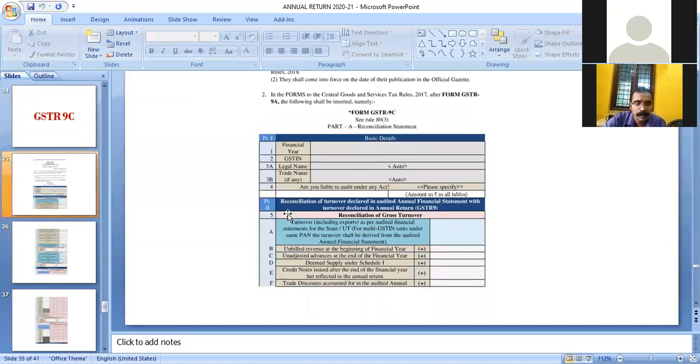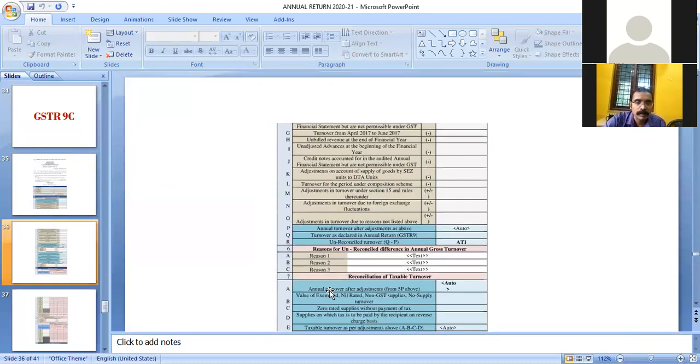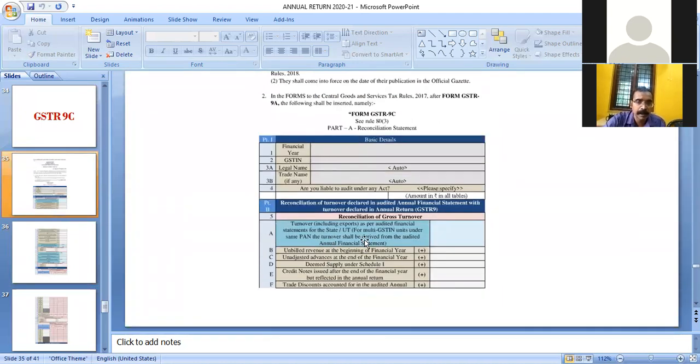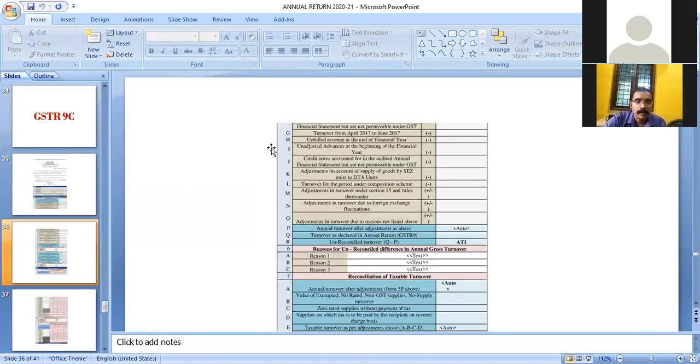Those trade discounts are already deducted in the audited financial statement, so to arrive at the balance as per Form GSTR 9, that item is to be added back.